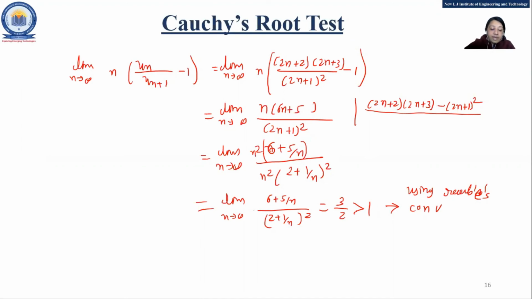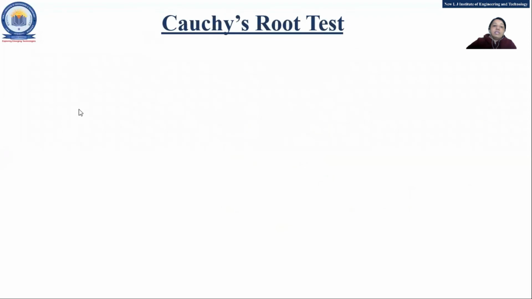So in this way you have to solve the example. That means first we have applied the ratio test, that is D'Alembert ratio test, and then we have applied the RAP test. Meanwhile you can apply the comparison test or P series test, any one. Just solve the example using any method. Now, this is only a RAP test example, that was by mistake. Now for the other one, just 2 examples for that. So today we have seen the D'Alembert and ratio test.